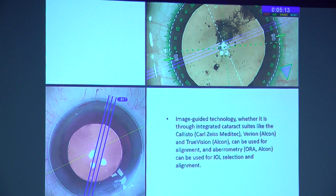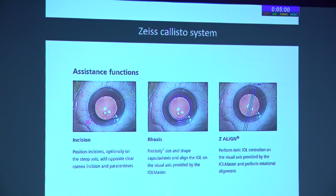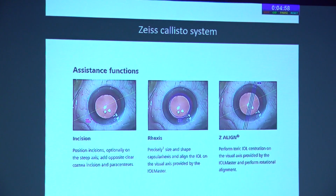There are essentially two companies which have it right now. One is Zeiss, the other is Alcon, both of which are comparable in nature. So we have experience with the Zeiss Callisto per se. How this works is, again, like I said, it gives you the incision position if you wish to treat the astigmatism. It gives you a rhexis overlay, so you can center the rhexis, and also allows you to align your